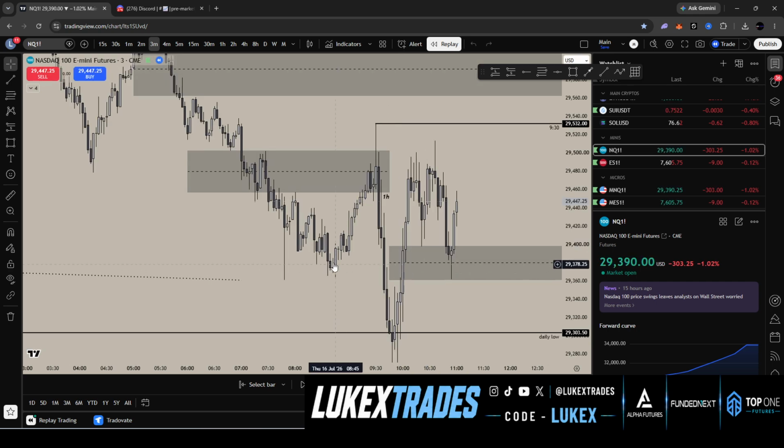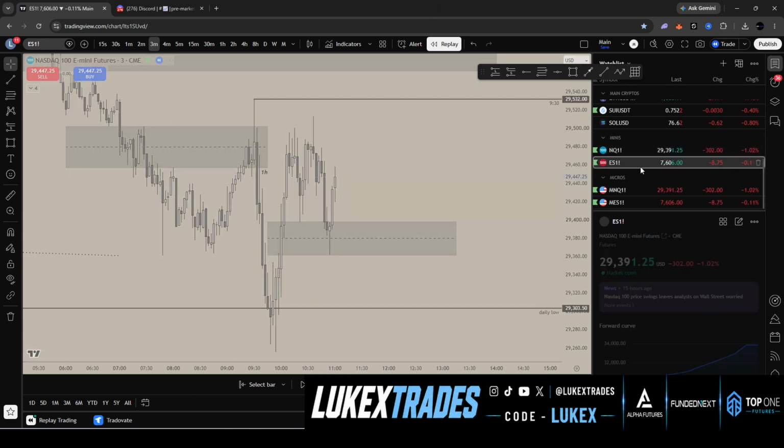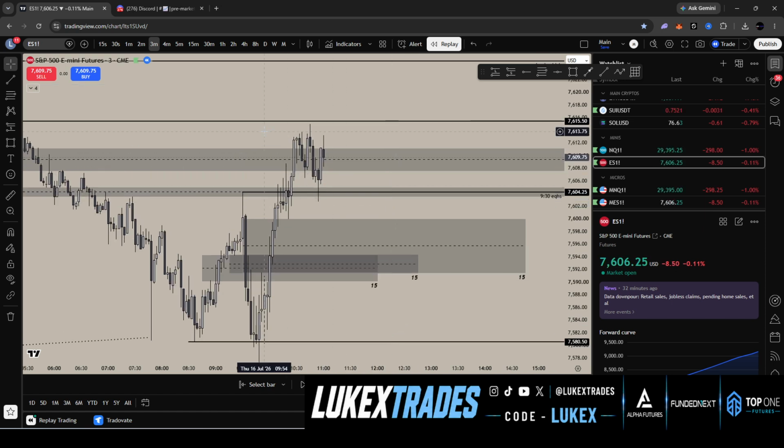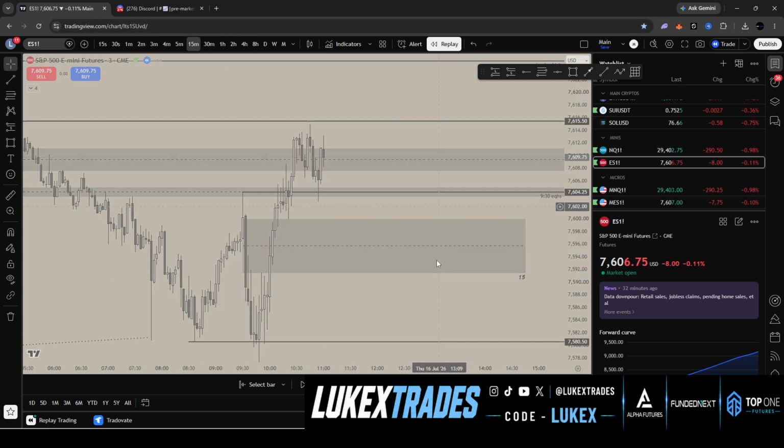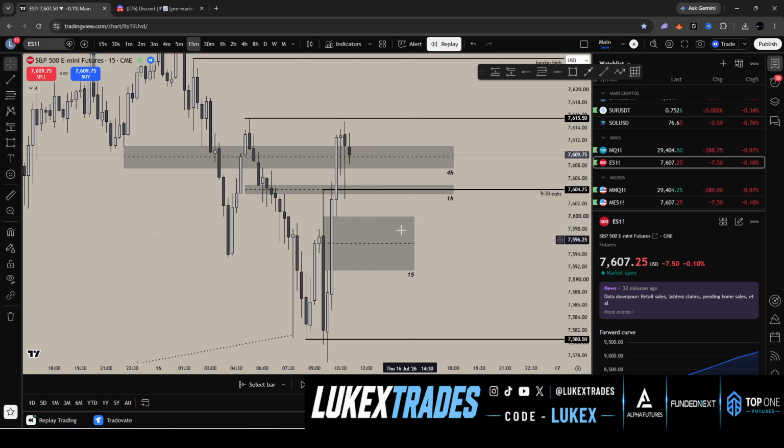So we pull back into this 15-minute gap. You could be thinking, okay, maybe this 15 sends us back higher, but let's look at ES now, right? ES is at the moment respecting a 15. Hold on. Let me clean this chart up a little bit. Okay. So at this moment in time, ES is respecting a higher 15-minute gap right here. You can see right here, but it also has this gap lower. So you can see ES is pretty much just in premium.